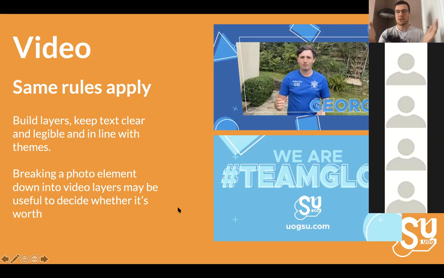So if someone watches that longer 2.5-minute video and then they watch that 10-second video at the end, they know what they've seen before, so they can relate to that. And they can build upon that knowledge that they've already had. So that's an example of how you can take a photo or a video element that's a bit longer and turn it into a marketing campaign as such.